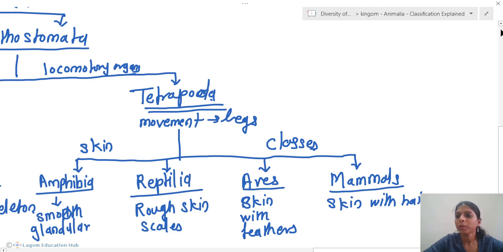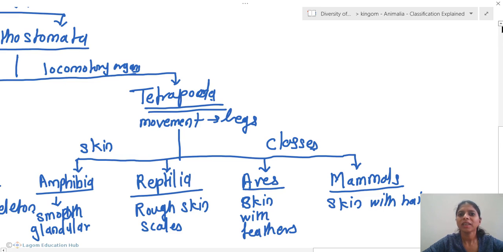Now suppose while drawing the chart of classification you made some mistake. It is obvious to make mistakes in this classification chart because it is such a large chart and difficult to fit in your notebook. If you made some mistake while drawing it, go home, or you can sit here for some time and make the chart properly, because this chart is the soul of your topic. Everything you are going to study with the help of the chart. So try to understand it and make it properly.